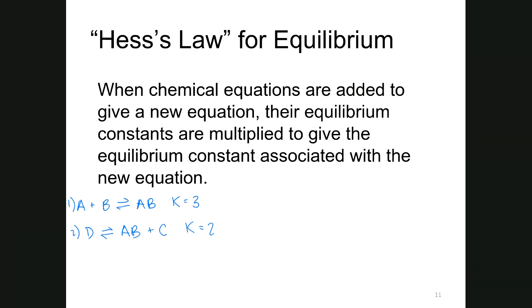For the overall reaction, we would say that the overall is A plus B plus C makes D, and we want to find the value of K for that overall reaction. So we do this the same way we did Hess's law with enthalpies. So here are the generic rules for how to undergo a Hess's law problem. What you want to do,